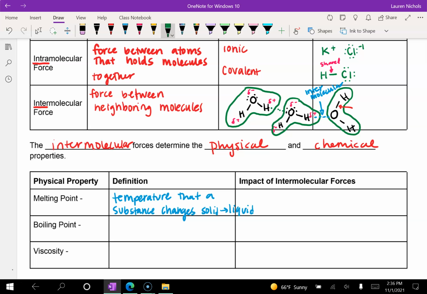Now the impact of the intermolecular forces, which is often abbreviated as IMF. If you have strong IMFs, that means you are going to have a high melting point, which is often abbreviated as MP. You're going to have a high melting point because it requires a lot of energy or a high temperature to break those forces. And then, if you have weak intermolecular forces,